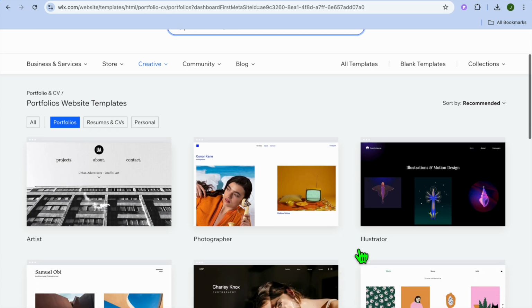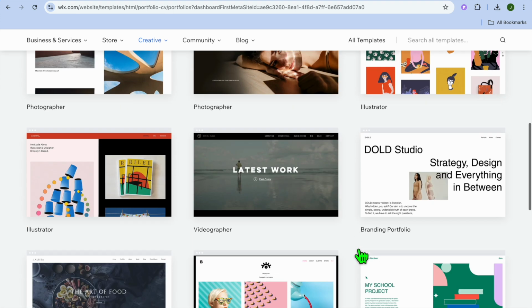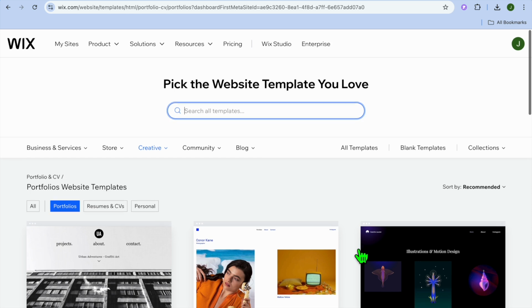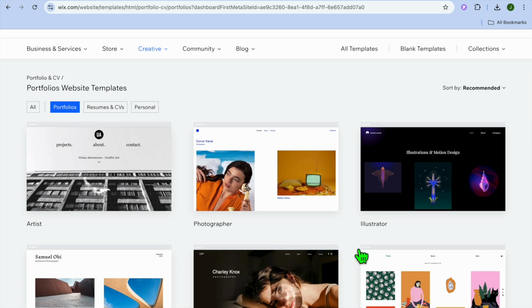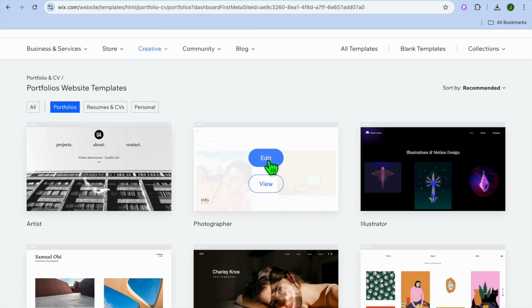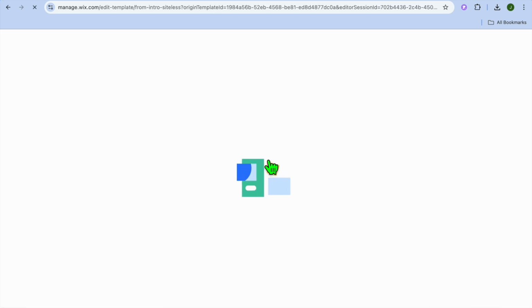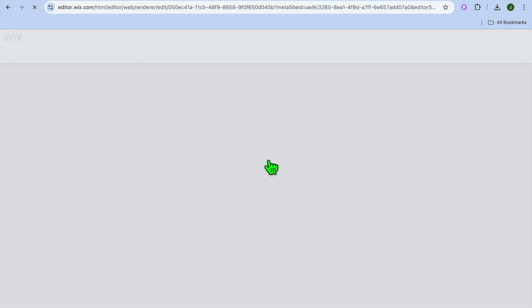After you have done that, you will see numerous templates that you can choose from. So you can scroll down and select a particular template. Let's say, for example, I were to select this one. All you'll need to do is tap on edit, then give it a few seconds while your website is being